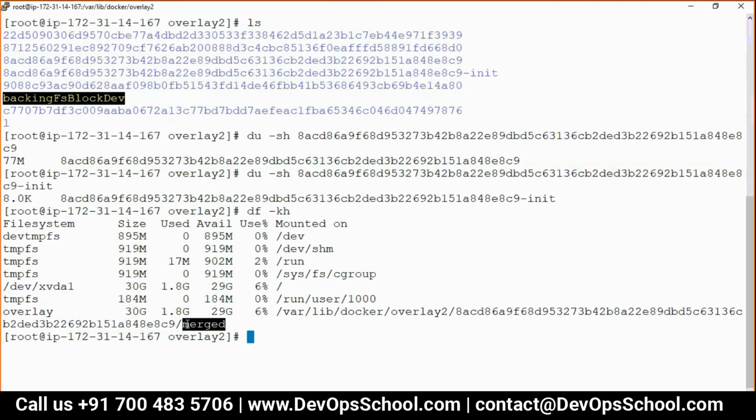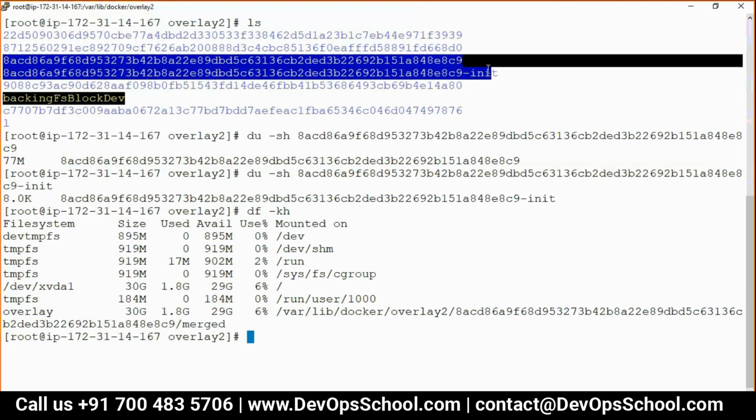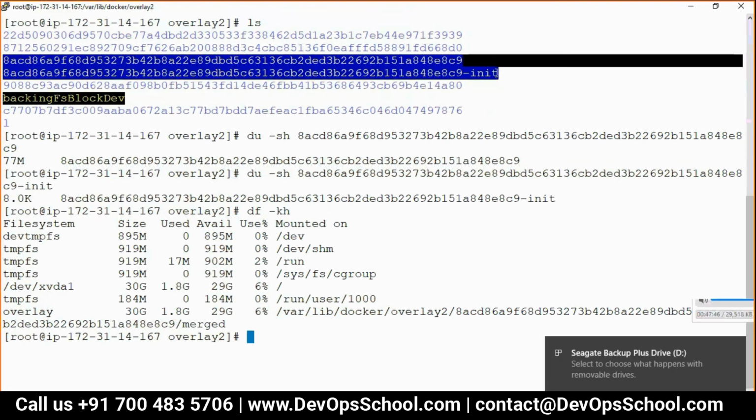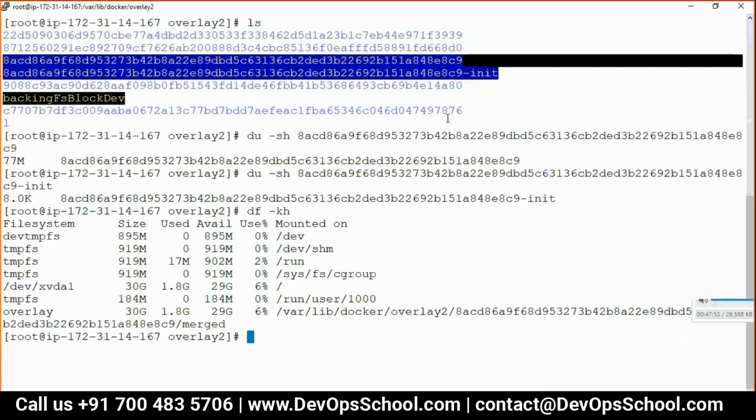Rajesh, how did you know the first one is the merge layer, the one that is on top of init? How do you know? The layer that is displayed on top of init. You did a du -sh, right? So you found the 77 MB file. For the time being, I got to know because I have only one image, one container. Okay, simple way.